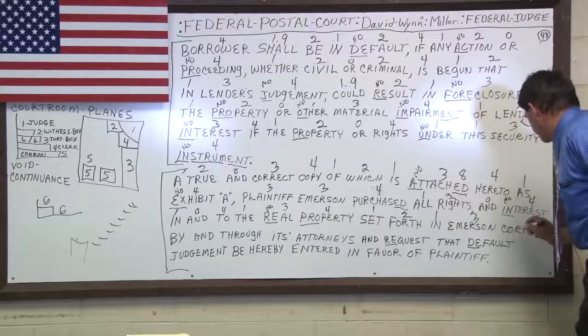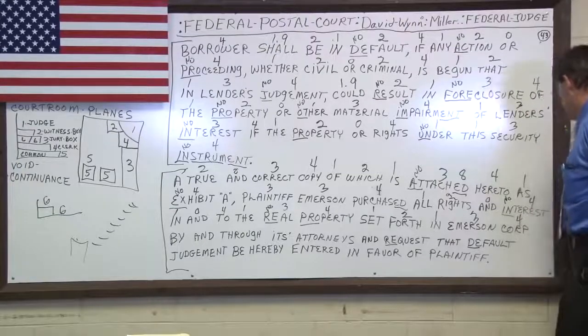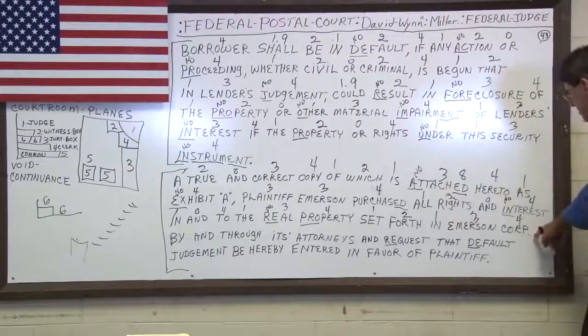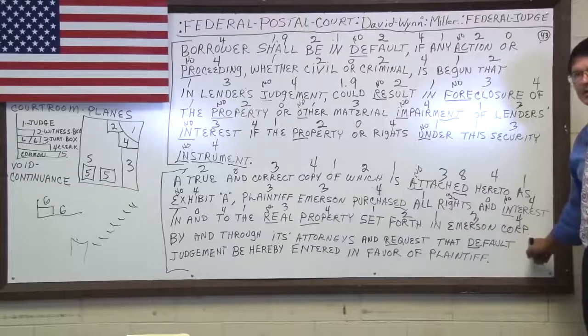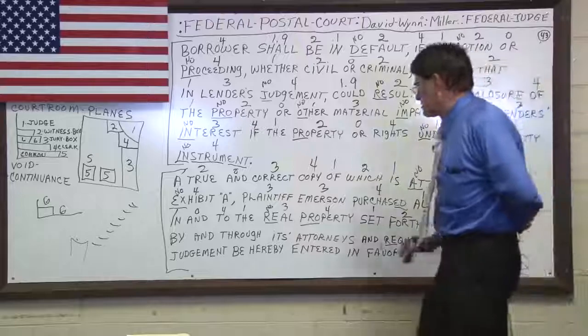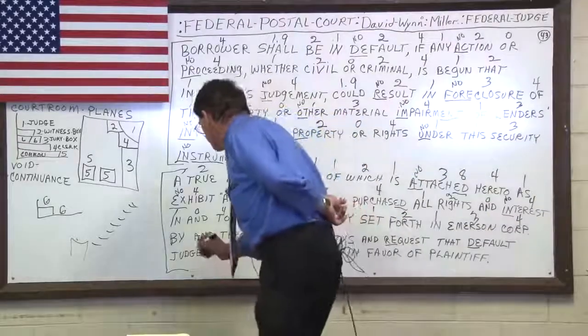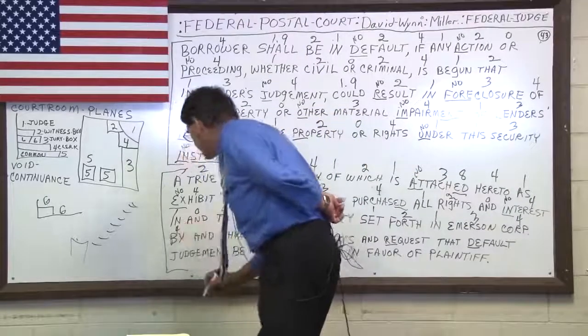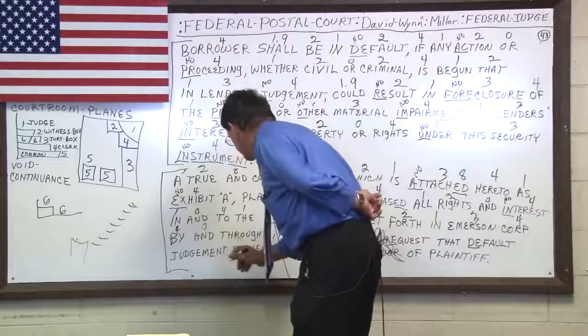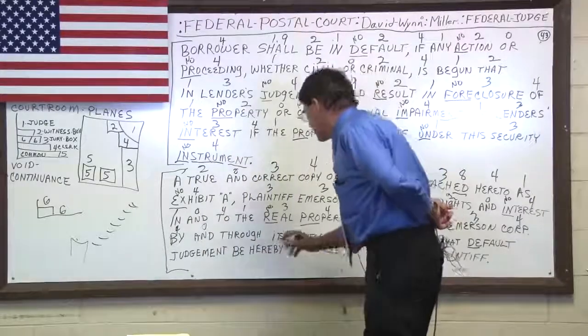And even though, now when they write corporation with an abbreviation and put a period, it breaks the continuance because it's an abbreviation. Then you go back here to the word by, it becomes a pronoun because it's a word used by itself, and becomes a conjunction. Through its attorney.